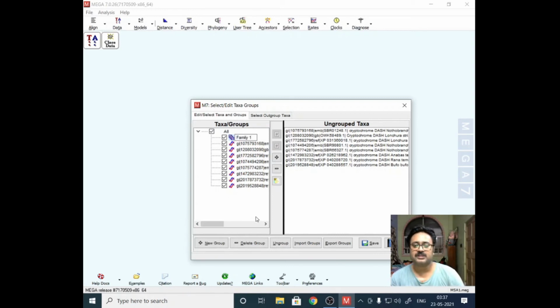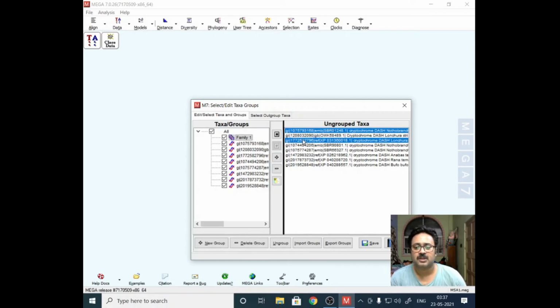Within that family, how many species do you have? 3 species, and from how many places or locations were they collected? 4. So the total is 12. All those 12 you can save within this particular group. Obviously here I don't have that kind of data, but I'm just showing you.